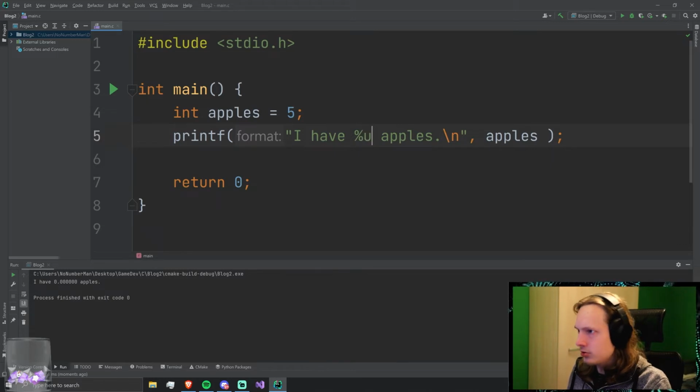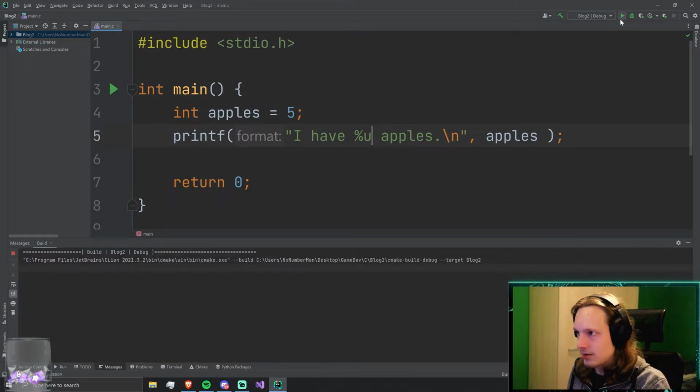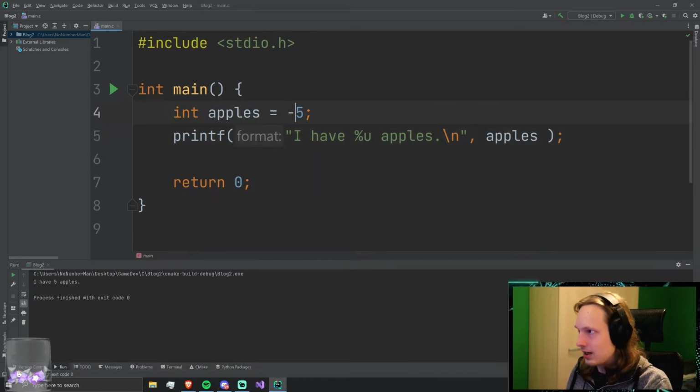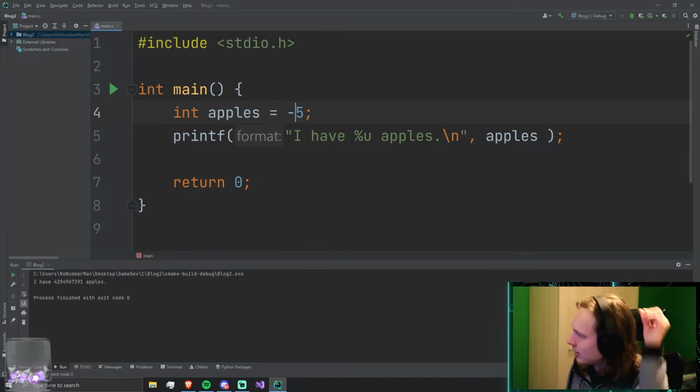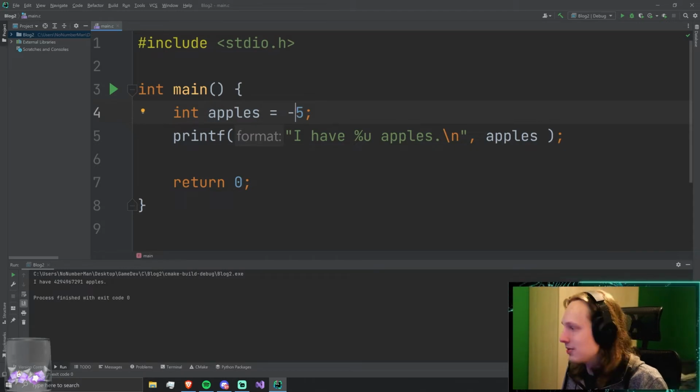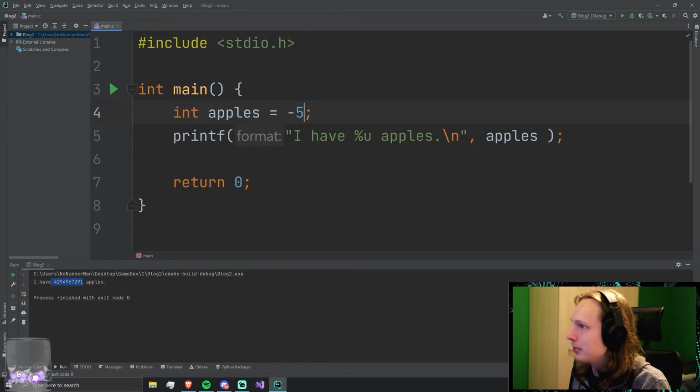I can also do U for unsigned. It's a very weird looking U. And that will work. Still, if I have -5 in here, it's a bit weird for apples, but it doesn't really like that. You get some overflow stuff. So you get basically UINT_MAX minus 5, which is a really big number of apples.